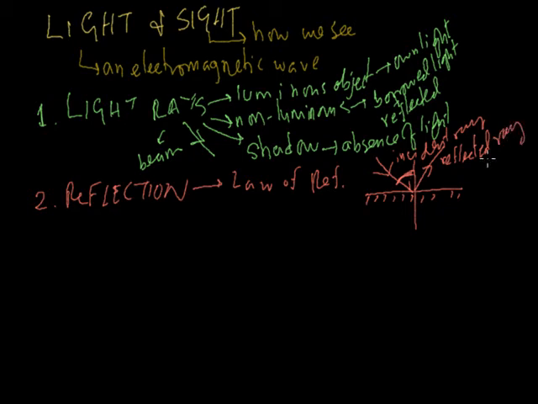The reflected ray. And the law of reflection says that the angle of reflection and the angle of incidence are equal. So this is very simple. That's the law of reflection. Now when you're talking about the law of reflection, you have to understand that using this law we have objects like the periscope,